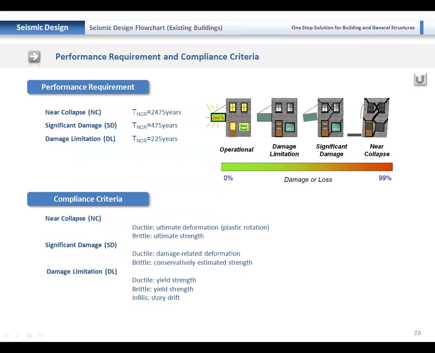For the performance requirement, it has three different steps, different from the new building: near collapse, significant damage, and damage limitation. As you can see, it has different return periods of the seismic load. For the near collapse, NC,